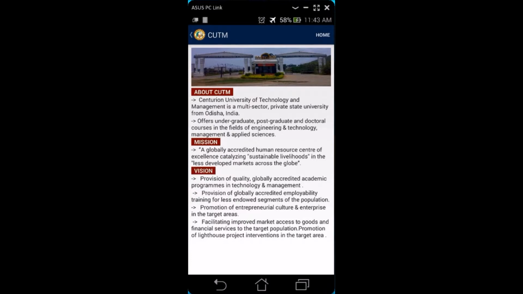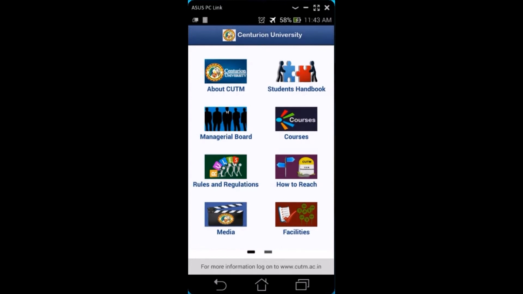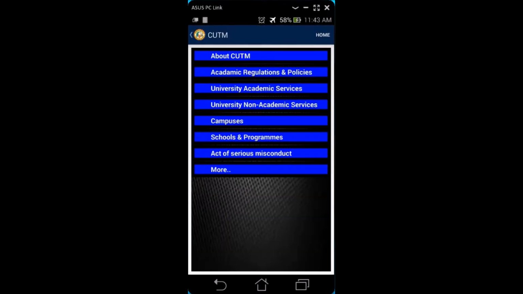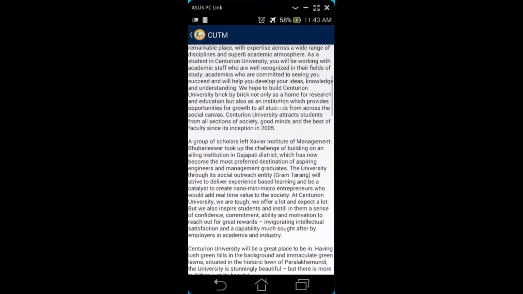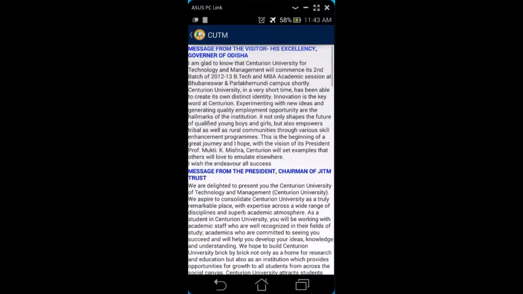And at the right corner a home button takes the user to the menu screen. Clicking on home, we get back to the menu screen. Now this is the student handbook.